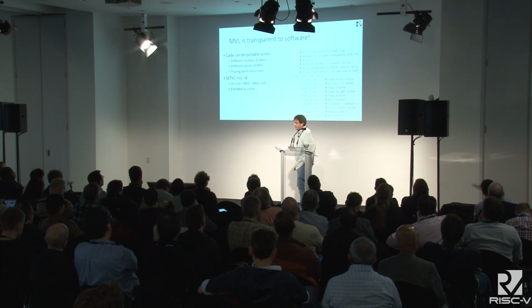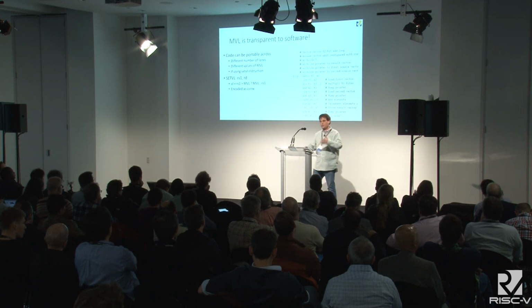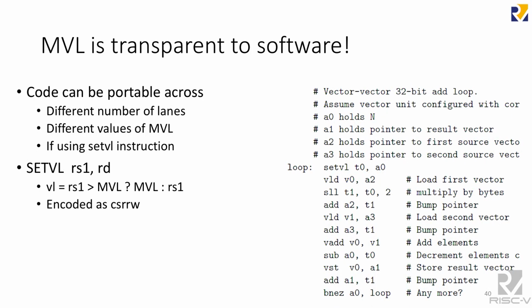Okay, moving on. Now, how does software use that? They said they wanted 2 registers, and they've configured the vector unit. What do they do next? Well, they use the setVL instruction. Once you've configured the vector unit, the setVL instruction sets the VL value and takes into account the MVL that the hardware has computed. So that happens all in the microarchitecture. So when you say, hey, I want to add 1 million elements of vectors in memory, and you strip-mine the loop correctly,